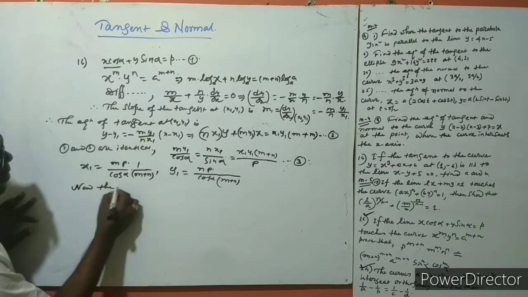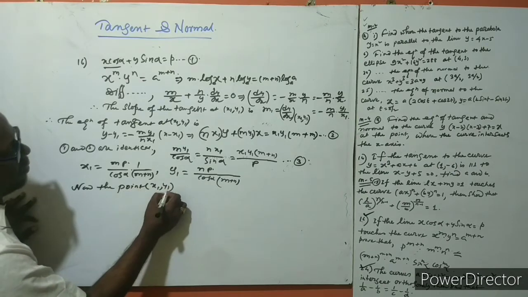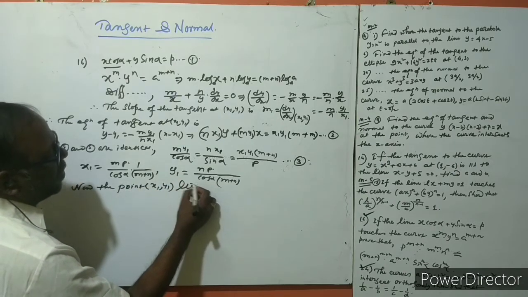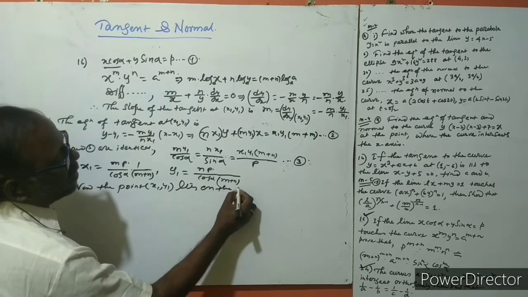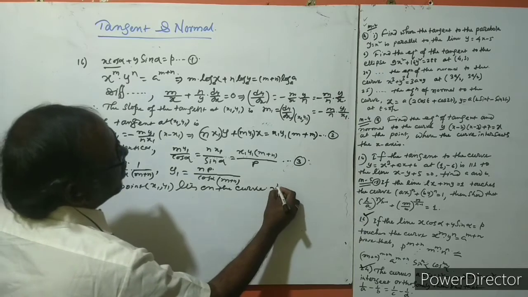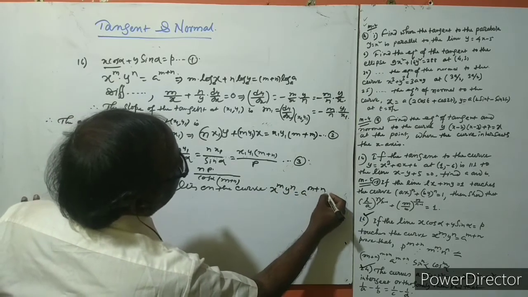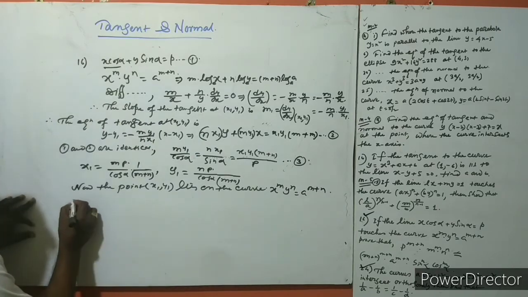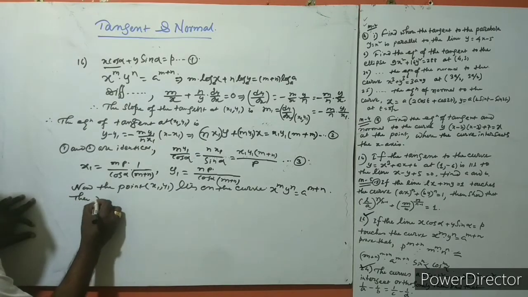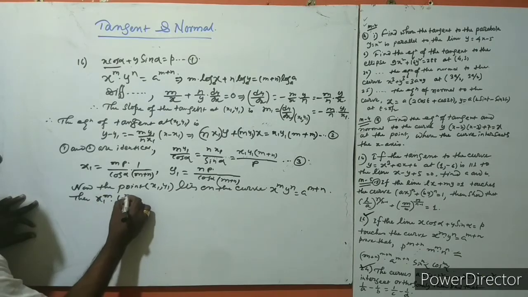Now the point (x1, y1) lies on the curve x to the power m, y to the power n, equal to a to the power m plus n. Okay, then you can write x1 to the power m and y1 to the power n